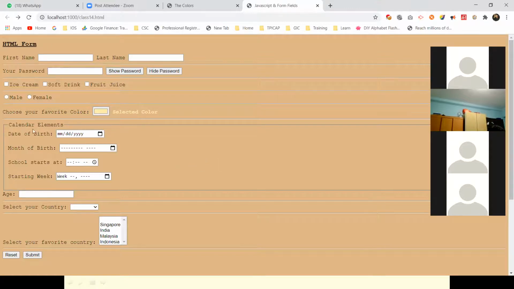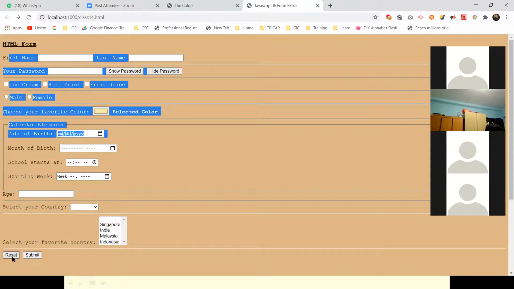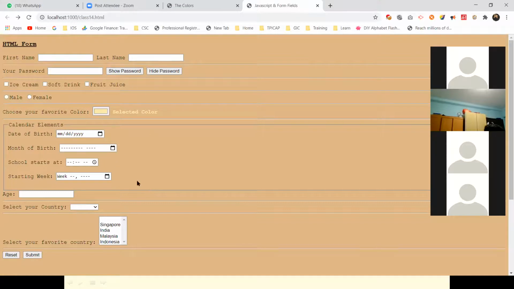What happens is, I entered certain fields, and I want to stay in the same page. I don't want to reload the whole contents. For those scenarios, it acts on the form. So I want to reset only this form. So you can use this reset button. Okay, the form elements will be cleared.